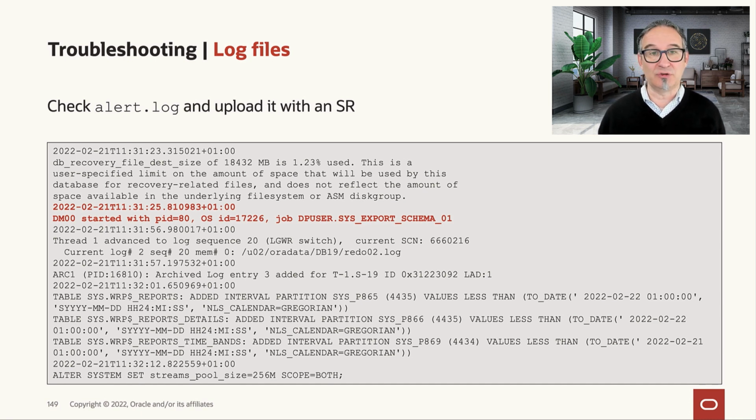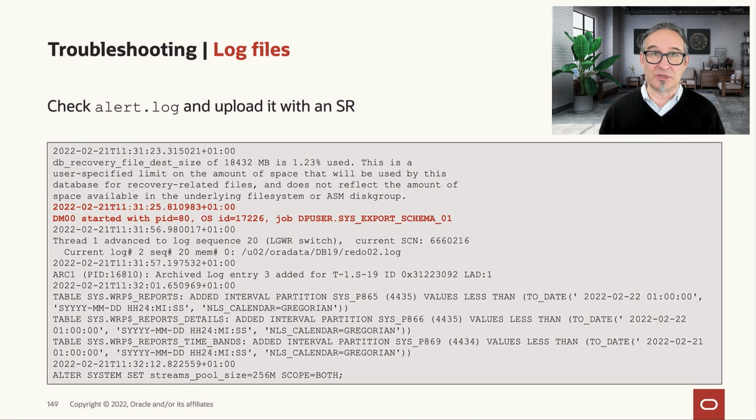So this is the control process kicking in and starting with the job. I will repeat that later on. Here you see a standard generated job name. I highly recommend that you define a job name by yourself, because when you troubleshoot, it makes your life really much, much easier when you have an individual job name for your Data Pump job to identify it in